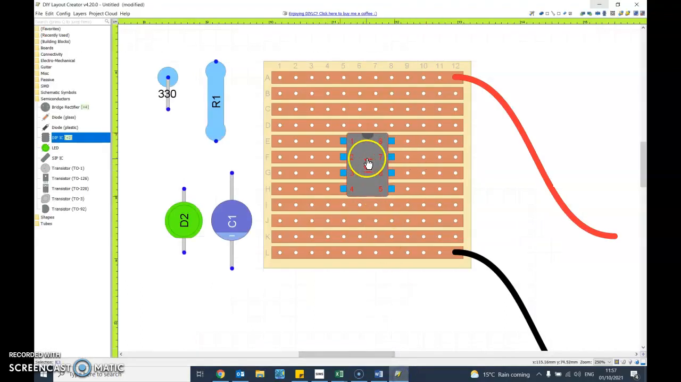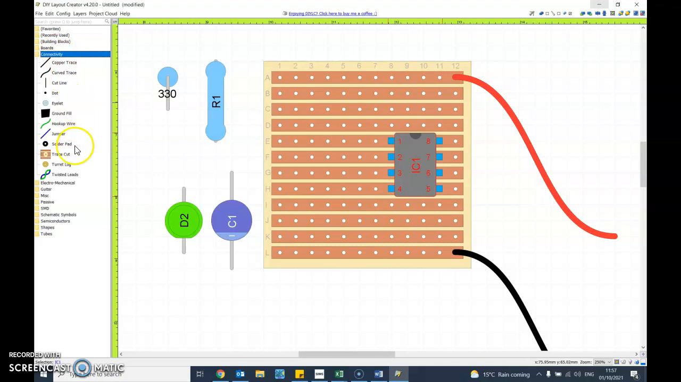Obviously if I put that straight on there, the nature of the metal going through there means 1 would be connected to 8, 2 to 7, 3 to 6, 4 to 5. So that's no good. What I can use under connectivity is something called trace cut, and that will put a hole in there. When we do this in real life, you get a little mini drill bit, and you actually